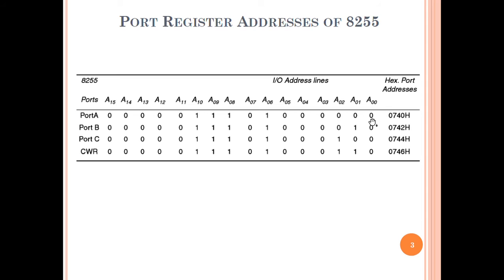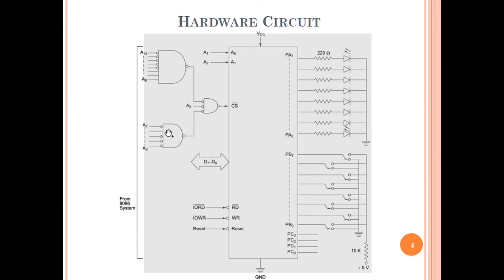And for these 3 we will see: bubble, straight line, 3 bubbles. A1, A2 as said before are connected with A0, A1 of 8255, and A0 is connected directly with a bubble to CS bar, so that if we get 0 here, then here also we should get 0 and this chip should be activated. That is only for D7 to D0 of 8086 that are connected here, not the higher bits of the 16-bit data bus.